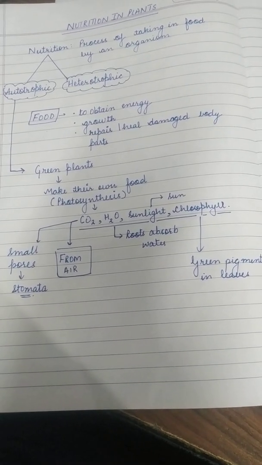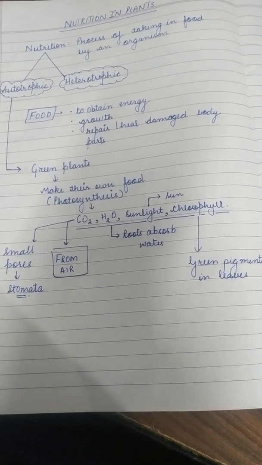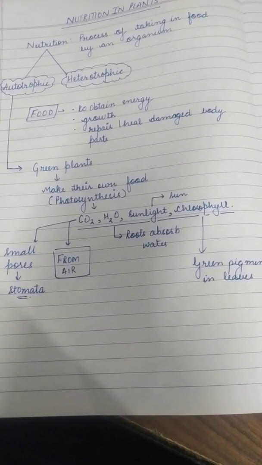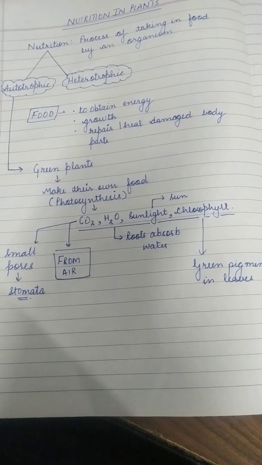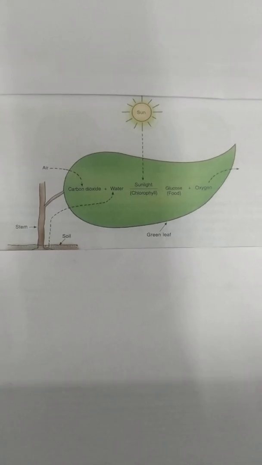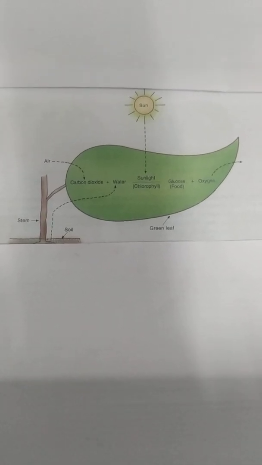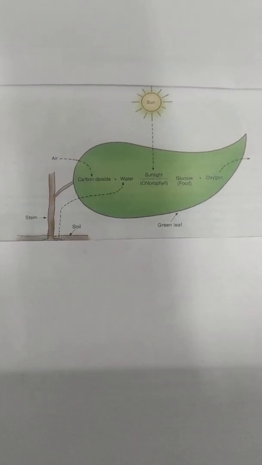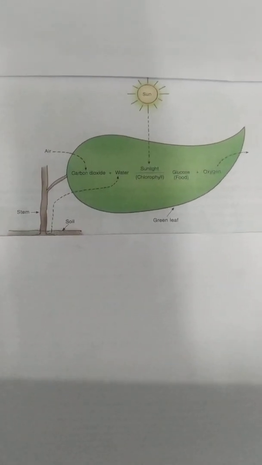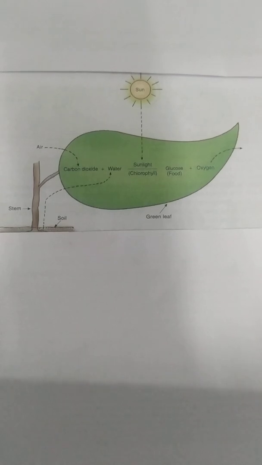Plants have tiny pores on their leaves, which are known as stomata. The carbon dioxide enters into the plant through the stomata. There are a number of stomata on the surface of the leaves of the plants. Each stoma is surrounded by a pair of guard cells. The opening and closing of stomatal pores in the leaves is controlled by the guard cells.